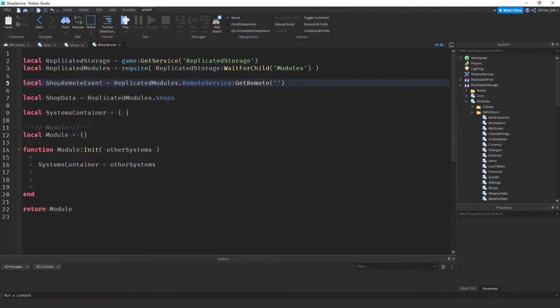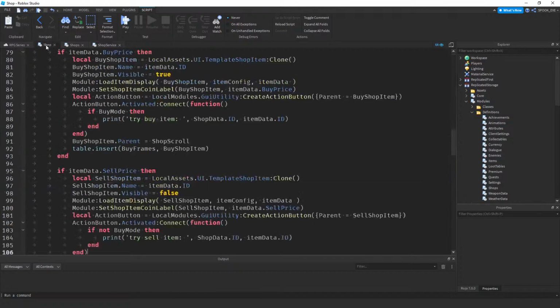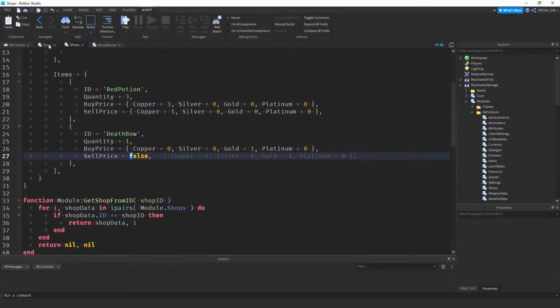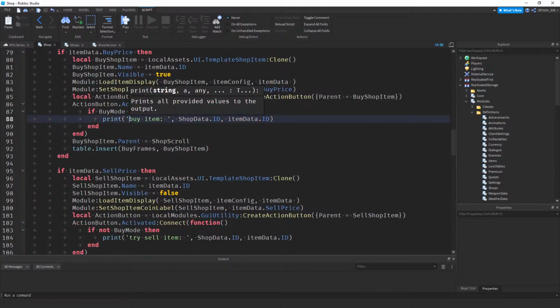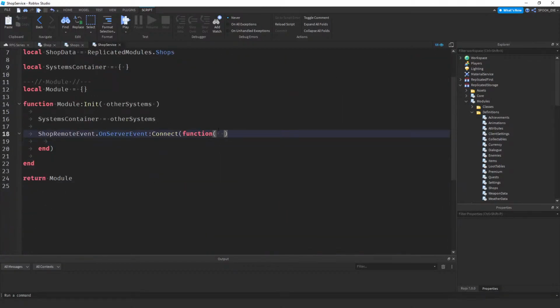We want the shop service remote event false, and we'll do on server event connect function. So we'll have buy item and sell item. So we'll have a shop ID, item ID,